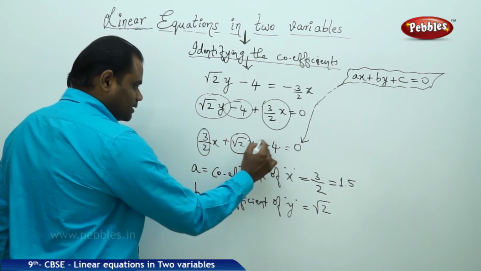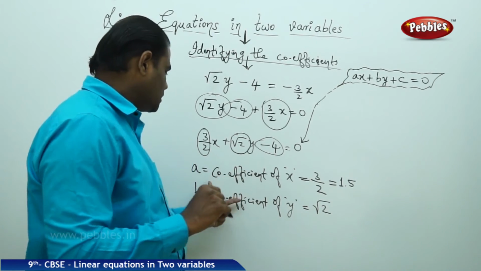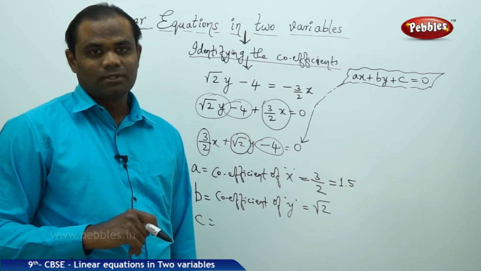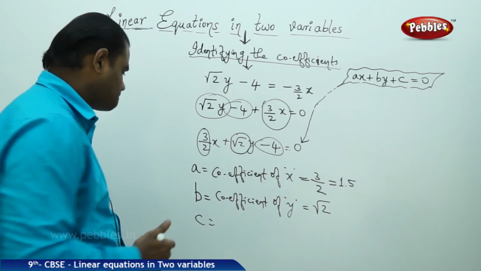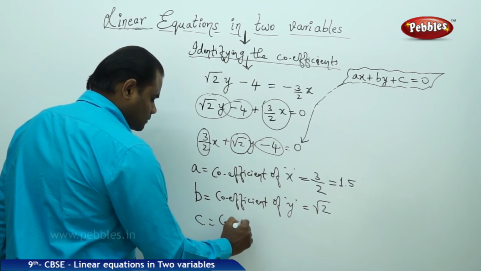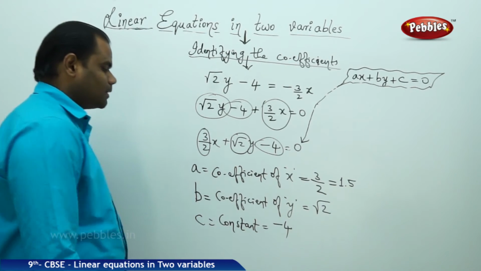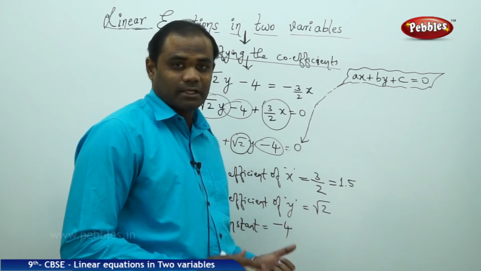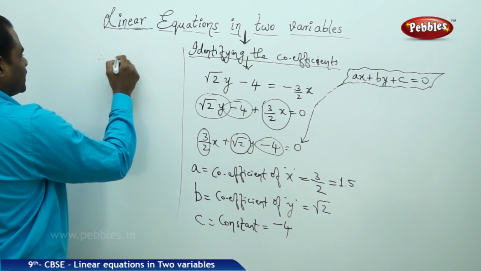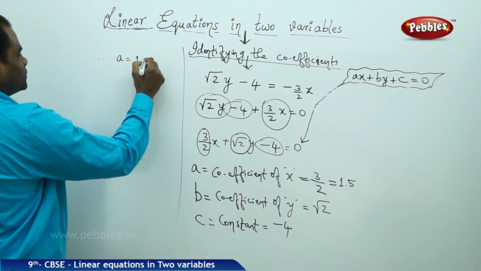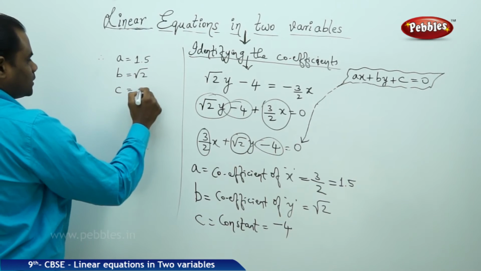And my c is clearly the constant, including the sign. Do not forget to put the sign for a, b or c for the respective coefficients. Coefficients come along with their sign, positive or negative, as given. And c is the constant, which is minus 4. Therefore, a is this, b is this, and c is this. And finally, I get my a, which is 1.5, b, which is root 2, and c,